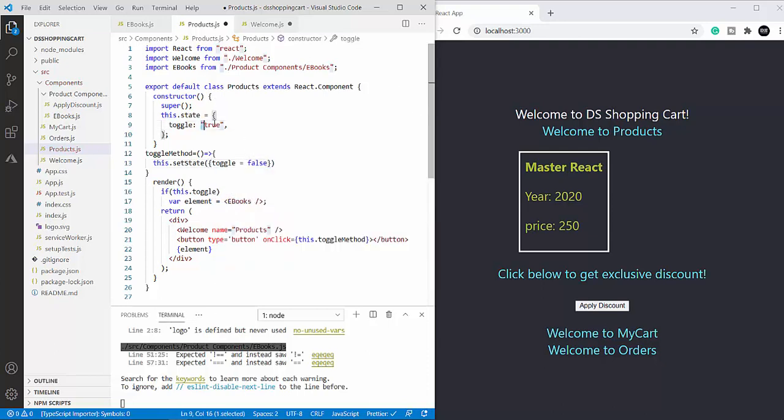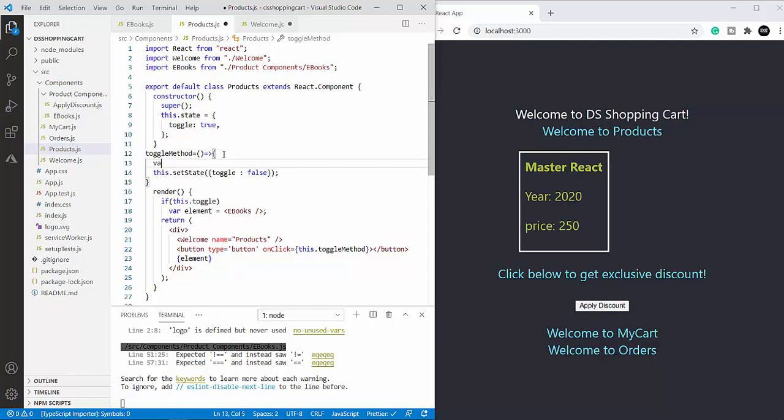I'll change this to true, and this to false. To make it more dynamic, what will I do? I'll take a boolean variable equal to this.state.toggle, and this should be the negation of this one, and this is bool.